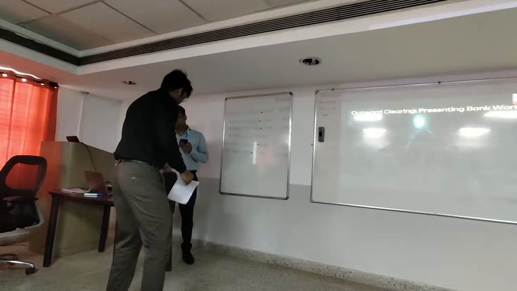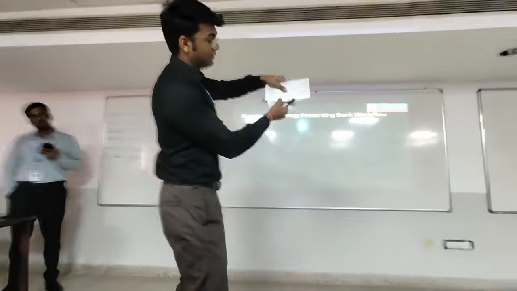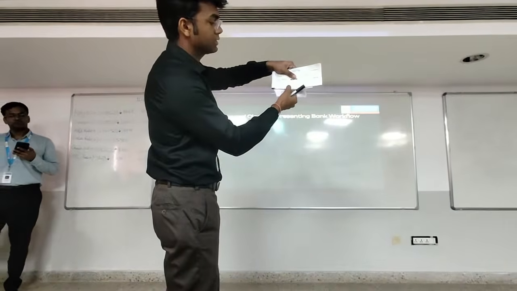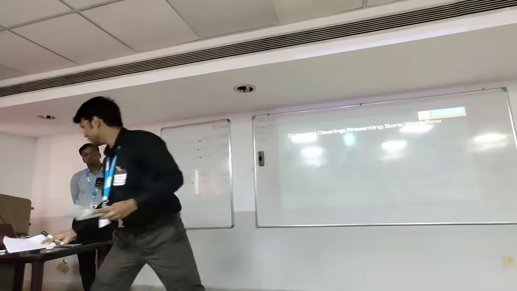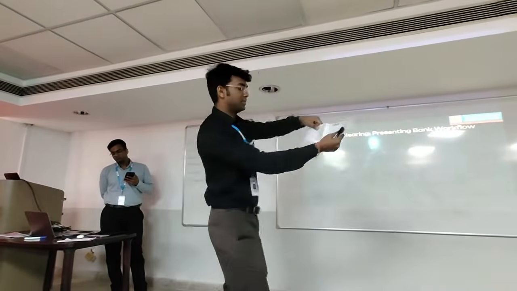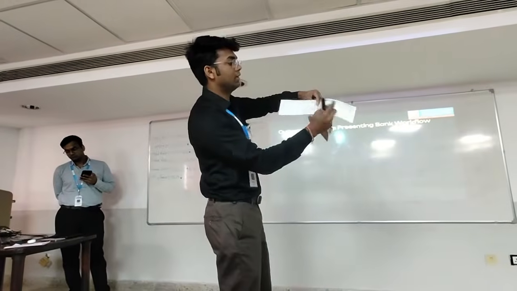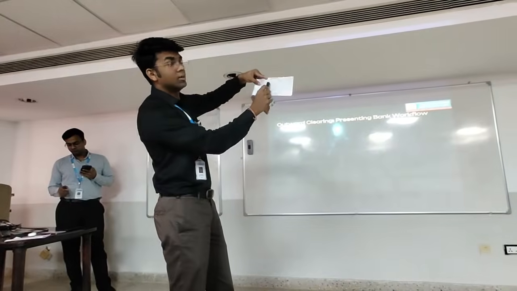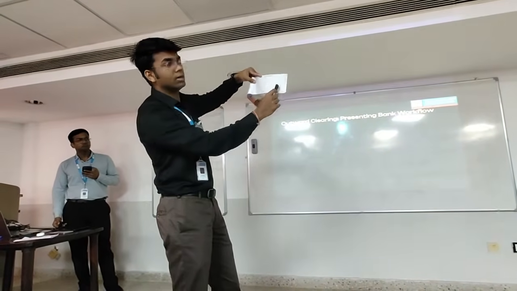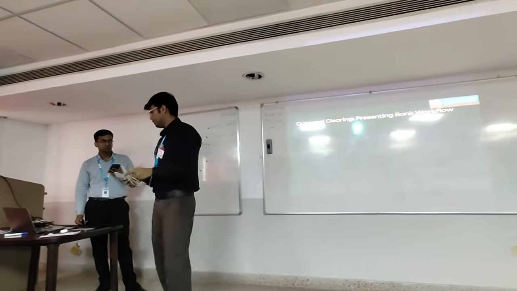Another feature, yes, I forgot. This is the MICR, and the first 6 numbers are the check number. Whenever we pass the check, this is the list here also. Whenever we tear it from here, we have to write the date, check number, payee name, and all the withdrawal and deposit details here.